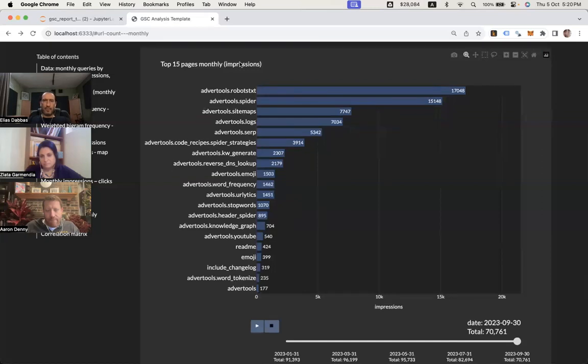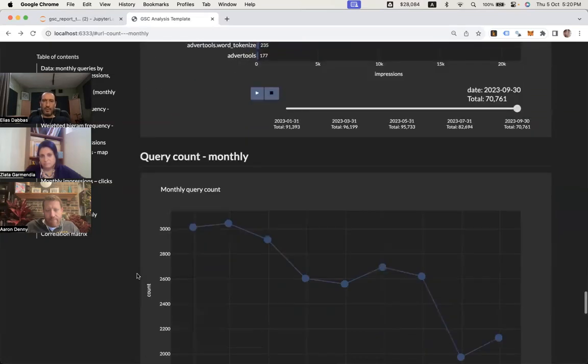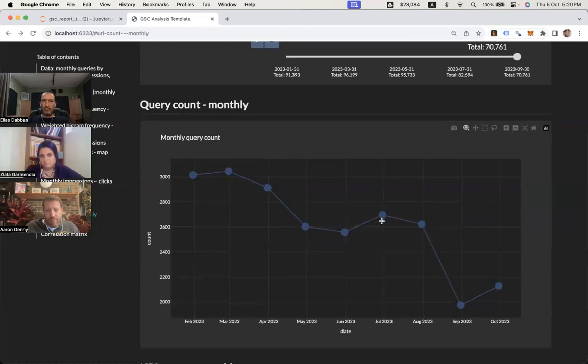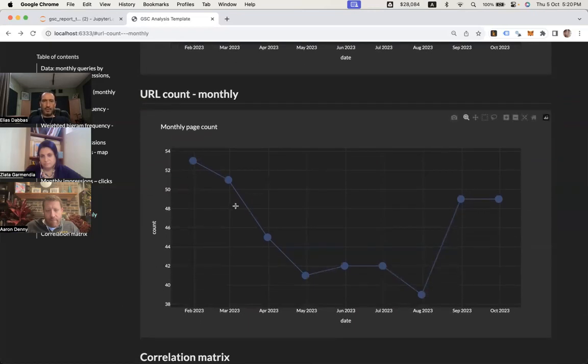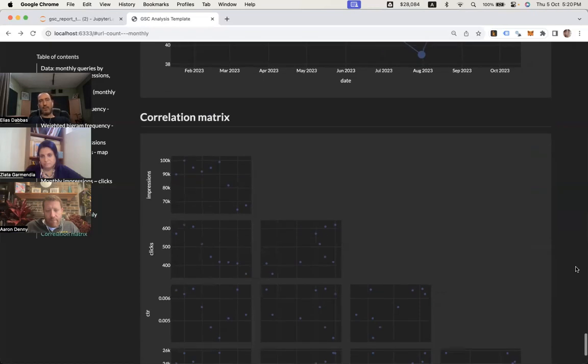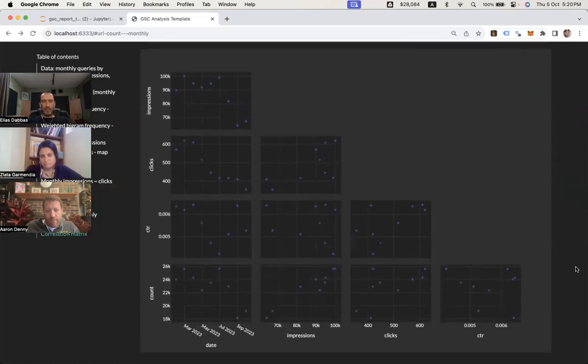Okay, this is for impressions. You can do it for clicks, of course. Query count is a huge drop here. You can see. You can look further. URL count, same thing. You can see, and finally you have the correlation matrix, which is a chart for every two variables